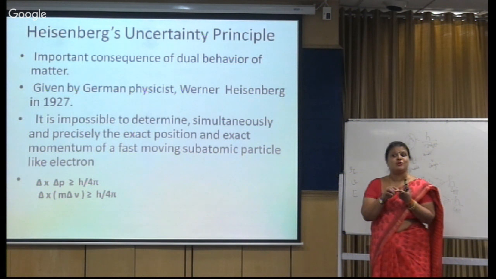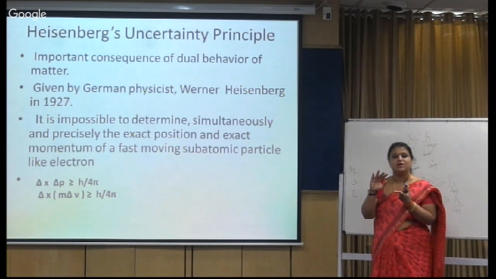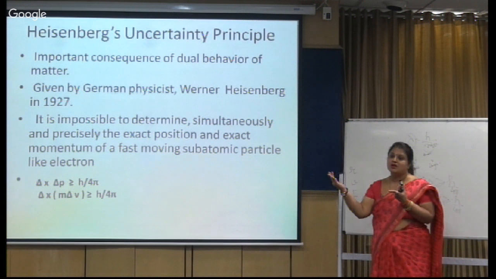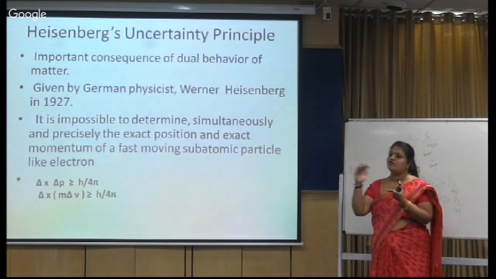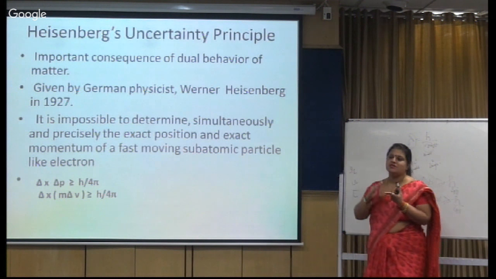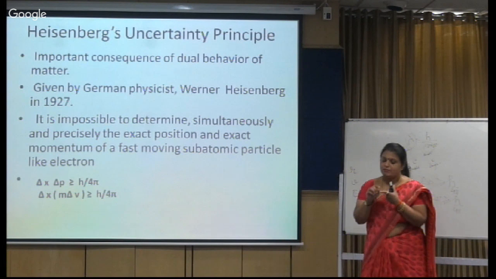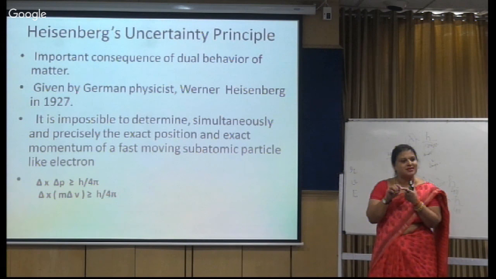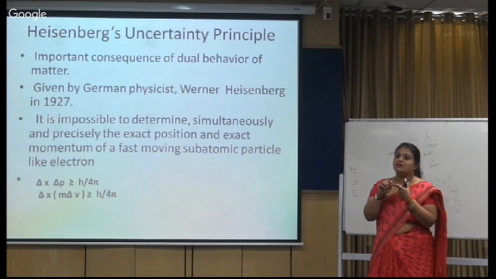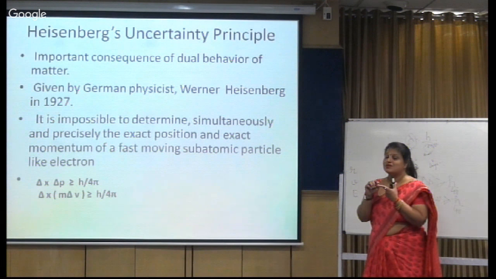Since Bohr's model was violating both, we need a new model which takes care of the dual nature and the uncertainty principle. In a nutshell, can we say that subatomic particles like electrons are mainly governed by wave nature,